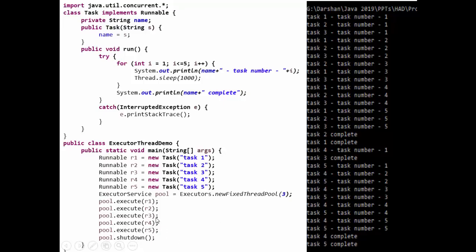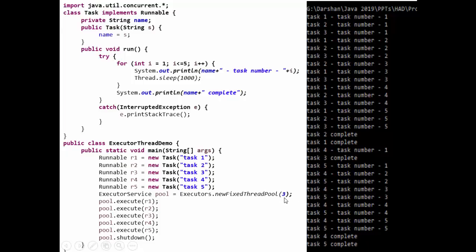So you can see the 3 tasks are in the pool. We can see the fourth task is added but not started until and unless the pool frees up the resource. That means when any of these tasks is completed, the pool will allow the next to enter. So as you can see, task 2 completes, task 1 completes. So immediately task 4 enters the pool and then task 3 also completes. Then task 5 enters the pool. And now 4 are running. Then task 4 completes and task 5 completes.